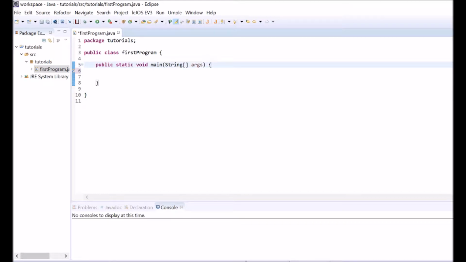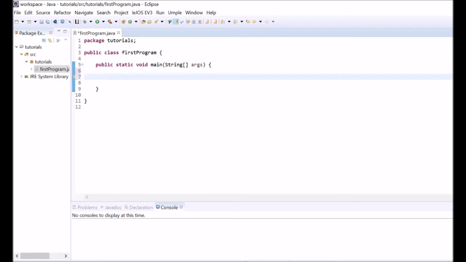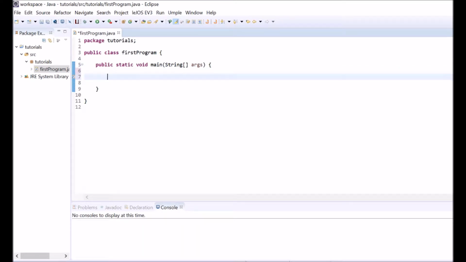So in Java, we have a main method. So this is our main method. And inside, it's where everything is executed. So suppose I want to print something on the screen. It's where it's going to read it from. So what I'm going to do is just that. We're going to print on the screen something like hello world. So the first thing we want to do is put System with a capital